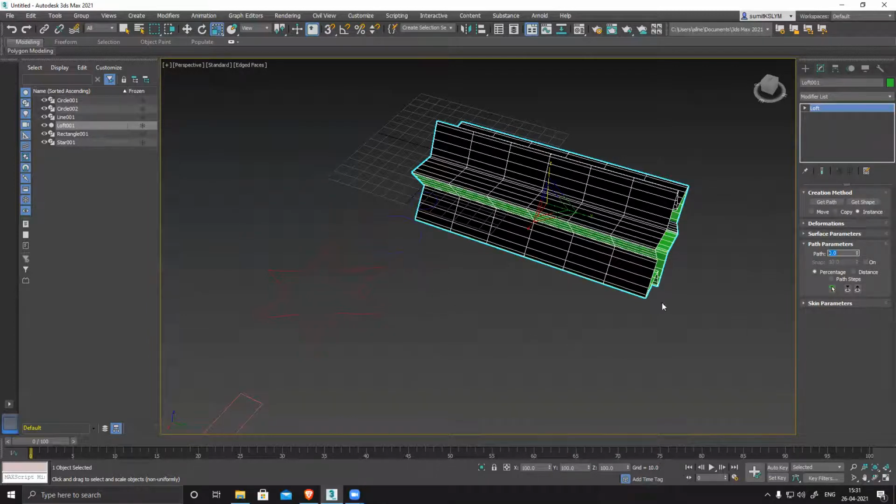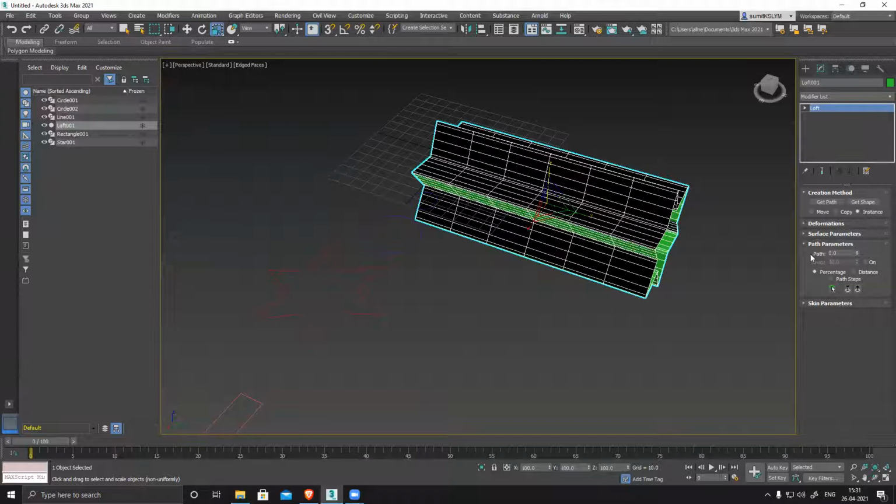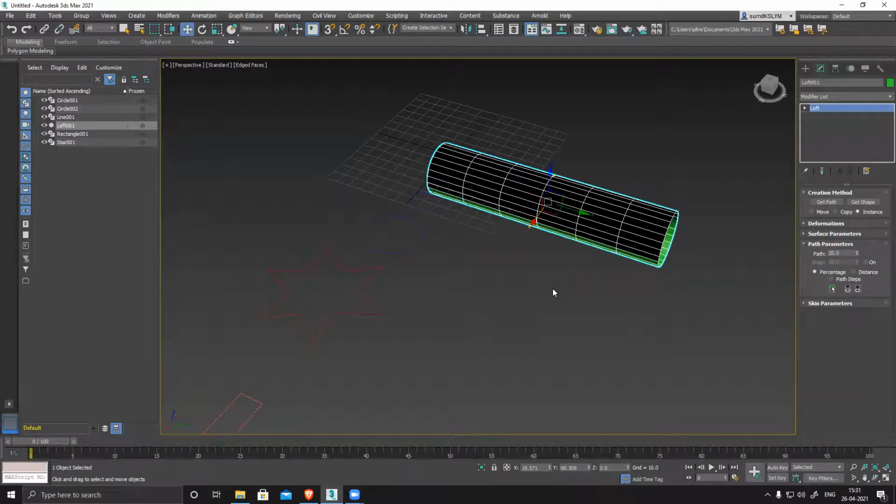Then suppose I want to generate this from some other option, maybe 20, and then I'll click get path. This one, right?